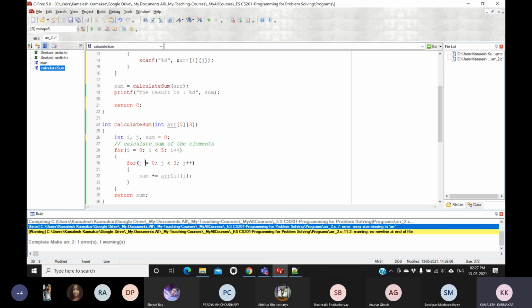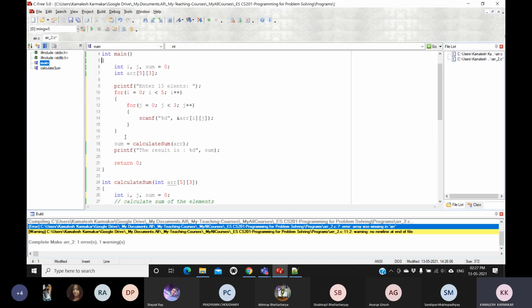So sum is initialized to 0, and all the elements of arr[i][j] are being added to sum. Okay, so finally the result will be calculated. These i, j, sum variables are local variables. If you declare a variable within a function, these variables are local variables.